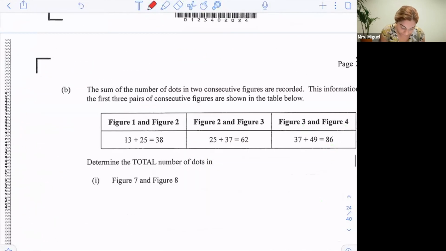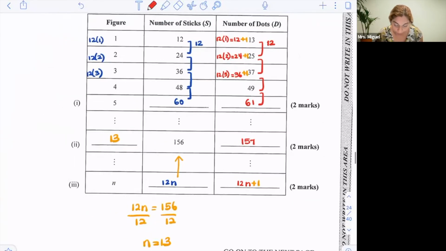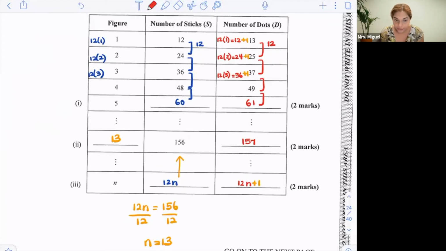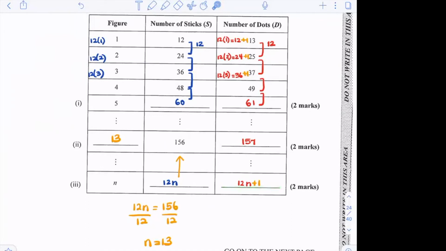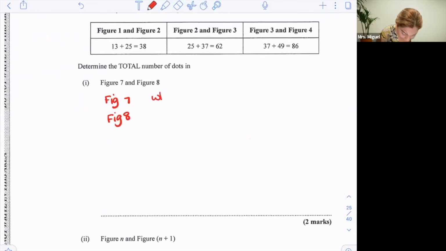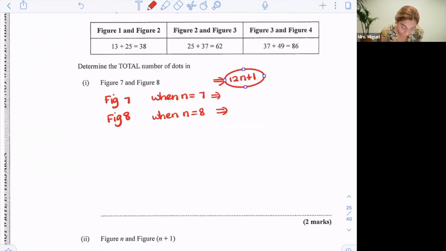So we have to find for figure 7 and figure 8. You have 2 options. Let us use the formula. Do you know the formula for the number of dots? Yeah, miss. Right. So when n is 7, you're using 12n plus 1. This is the formula. And when n is equal to 8, find for me the answer. Go ahead. This is the formula you're using. The number of dots, I shall write it as D is equal to